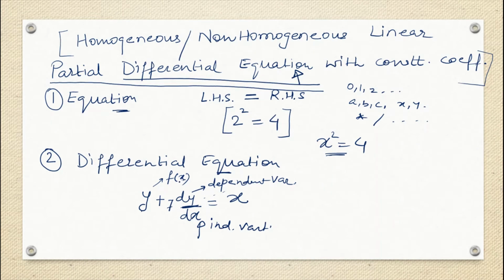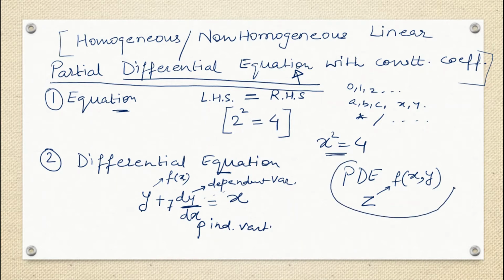If I talk about partial differential equation, that means I'm talking about some function. Let's say the function is z. Here the function was y, here the function is z, but this z actually depends on more than one variable. Suppose I'm just taking two variables. That means z depends on two variables. z is nothing but a function of x comma y. So in my partial differential equation we will be dealing with a multivariable function. This z is called a multivariable function. So this kind of function will be present in my partial differential equation.